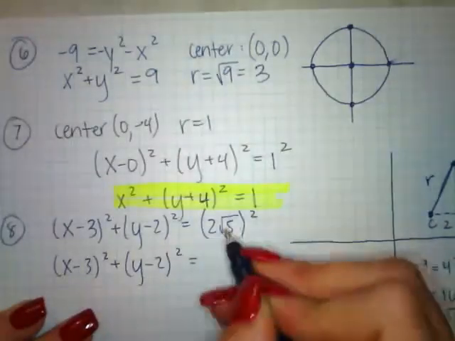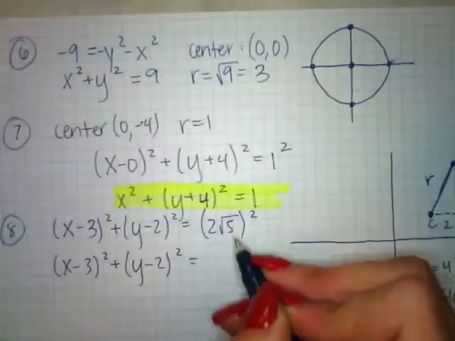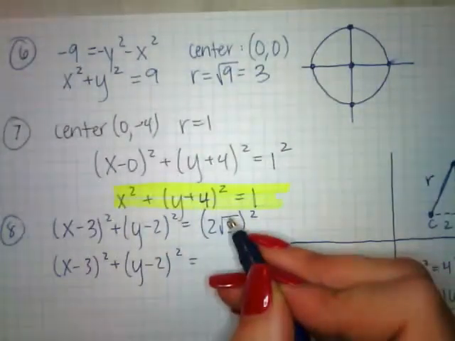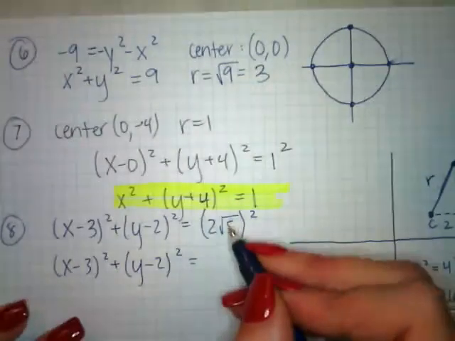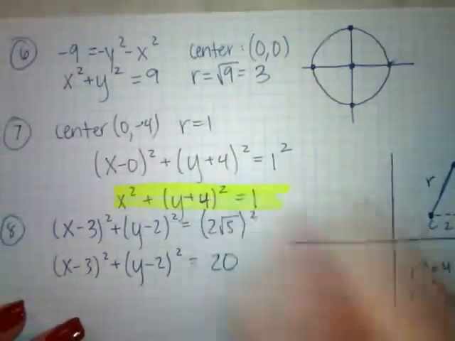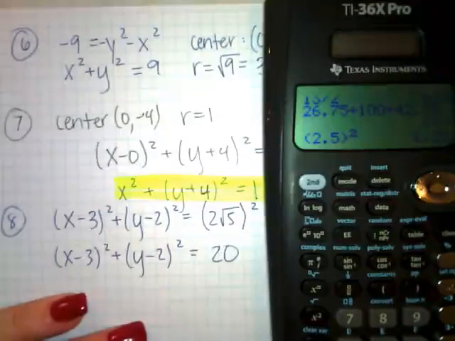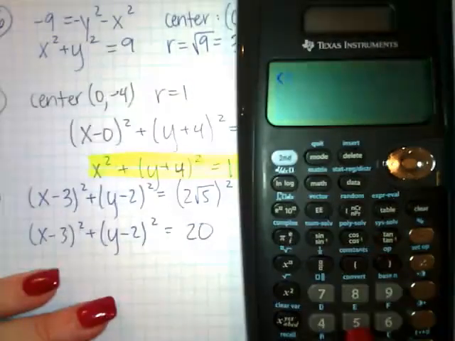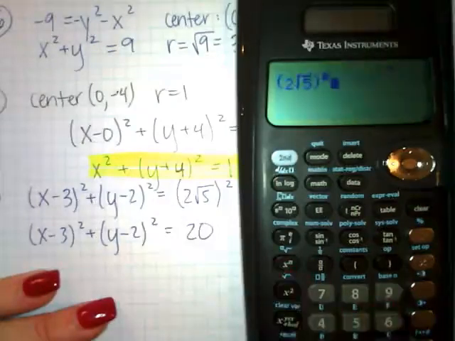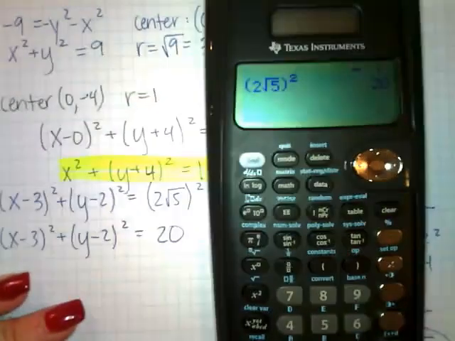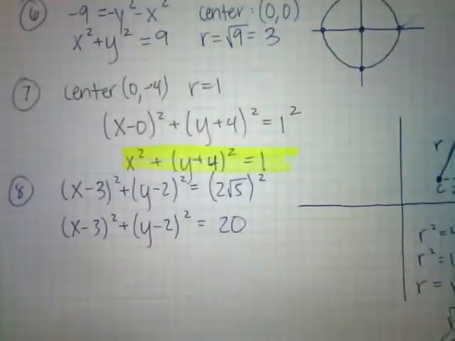You can distribute the 2 to both terms. That's going to be 2 squared, which is 4. When you square root 5, that is just going to cancel out the square root symbol. So we technically have 4 times 5, which is 20. You could also let your calculator help you. Parentheses 2 root 5, close the parentheses, square it, and we see that it's 20, just like we thought. Okay, this is the final answer